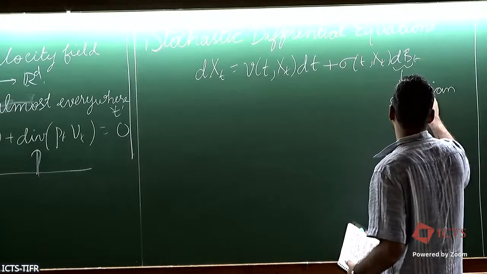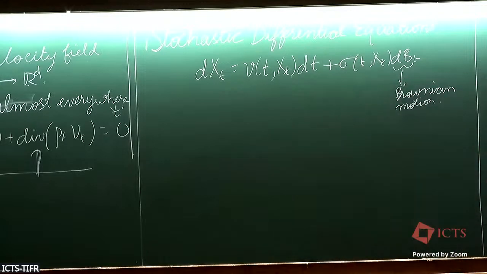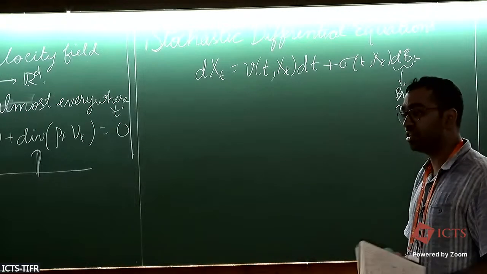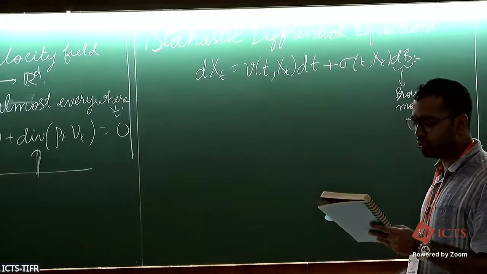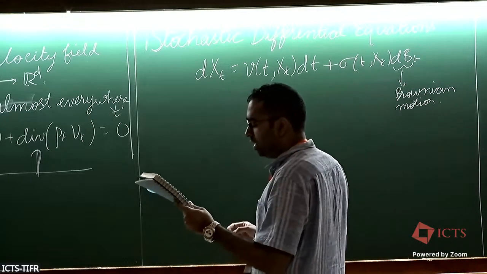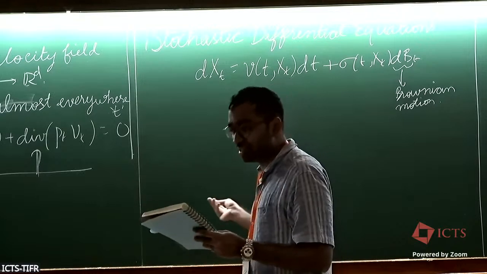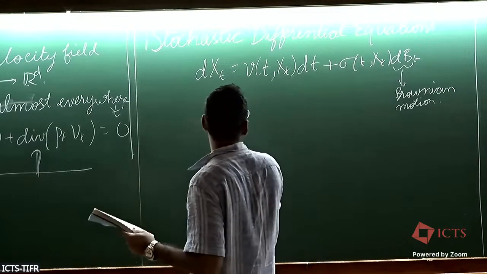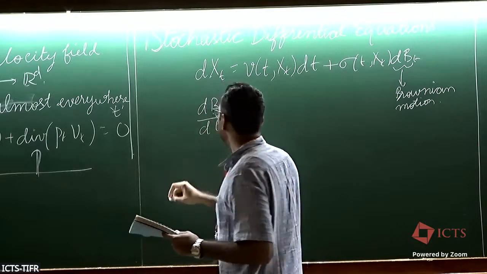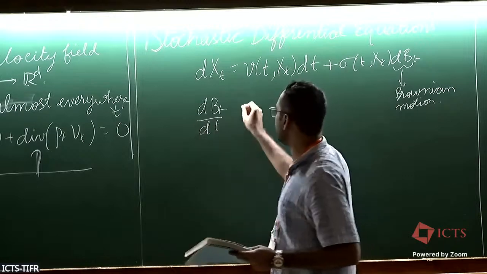The original works on diffusion models actually considered stochastic differential equations like this to sample. There's of course the Langevin algorithm, Langevin dynamics, and so on, which is popular in MCMC and uses stochastic differential equations like this. So let's think about how to make sense of this. To make sense of this, we need to understand what Brownian motion means. Usually in more applied fields like physics or electrical engineering, people consider dBt by dt and call this the white noise.